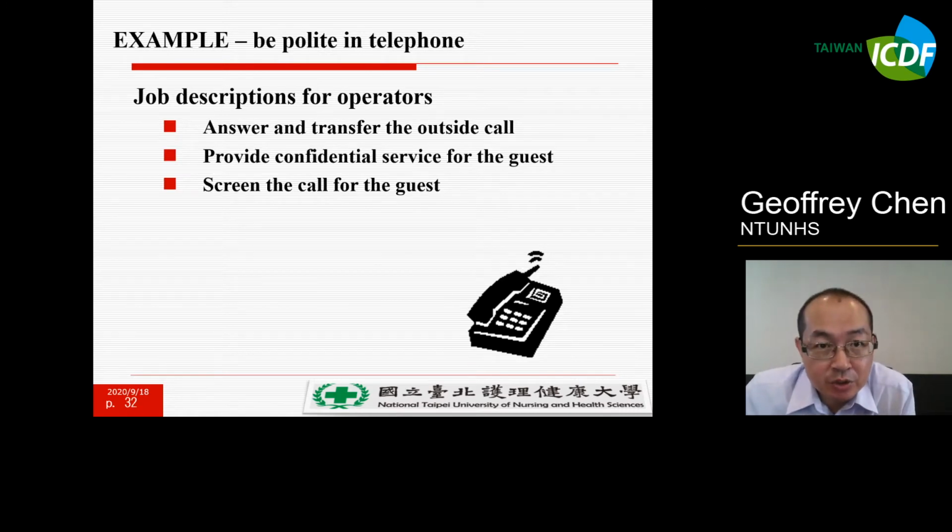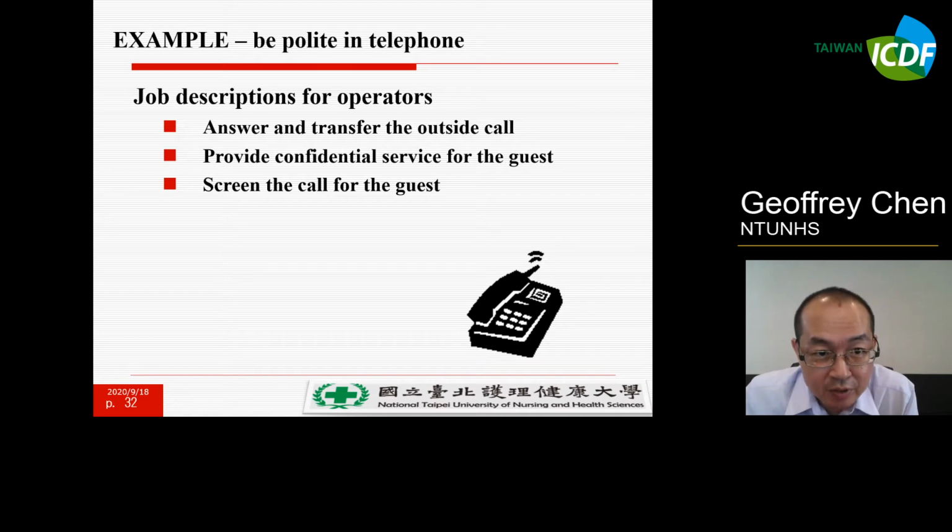Let's continue to discuss the phone services. Just remember that when you're working in these divisions, you have a lot of calls to answer and transfer, outside calls or calls picked up from your guests.